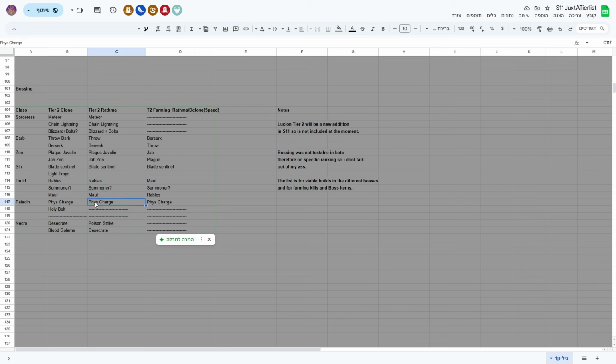Paladin, Fizz Charge, I still think is going to be the main approach for bossing. I'm speculating a little bit on Cold and Fire Charge, and also on Berdin being able to do some of these. But since I haven't tested them, I'm going to leave that to another day. And we got Holy Bolt, of course, for tier 2 Clone, another common approach, especially earlier in the season. Desecrate and Poison Strike for Rathma, and we got Blood Golems due to Woog's amazing kill that he displayed